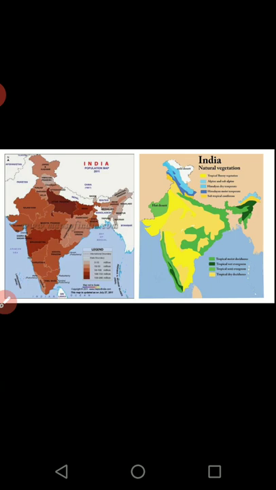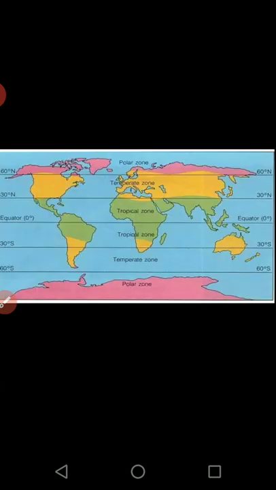So these are called thematic maps. They follow one theme, only one particular topic they deal with. In the world map, this is the world climatic zone. So this is also a world map, but in this world map you are getting only one theme. And what is that theme? We know the world climatic zones are there. That means in the world, various places have a variety of climate. That variety of climate is shown in this map. This map is not showing rivers and all. This map is showing only climate. Hence, climate is the theme of this map.